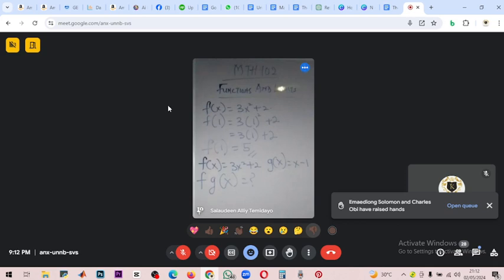Everyone, just concentrate. I said when f of x is given to be 3x squared plus 2, then we're saying f of 1. F of 1 will be using 1 to represent x. That's why we are having 1 squared instead of x squared. It can now be 3 times 1 squared plus 2. So this one is just function of a value, function of a number. F of x, we are taking f of 1 now.